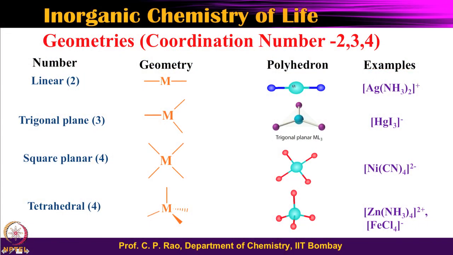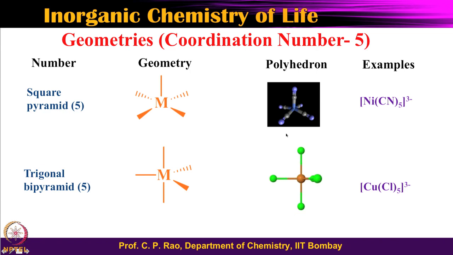The 2-coordination, you can see, is one ligand and another ligand on the metal center. Trigonal is the metal with 3 ligands, and square planar is the metal ion with 4 ligands. Tetrahedral is the metal ion with 4 ligands too, but they are arranged in a non-planar way, very close to a tetrahedral structure. Then you have a 5-coordinated one. This is the square, and the one is like a pyramid, so it's called the square pyramid.